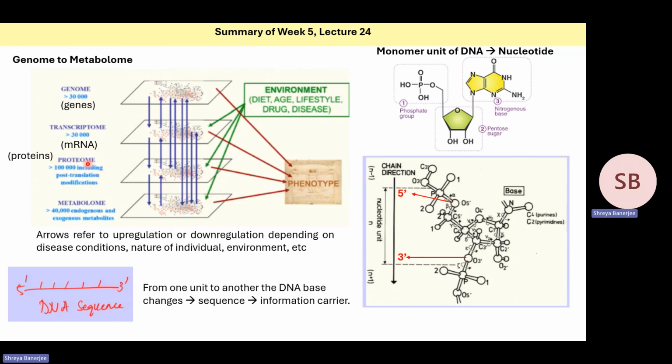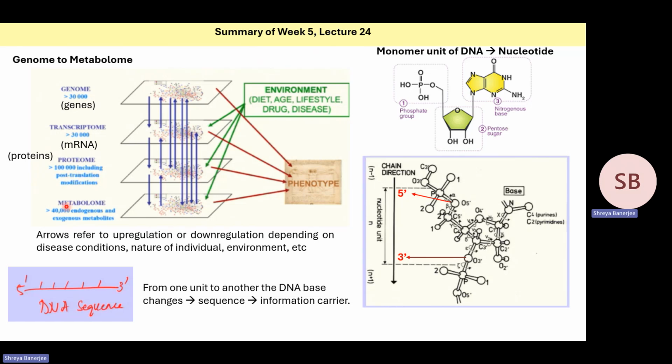The set of proteins, which we will call the proteome, the number of molecules increases a lot. It was greater than 30,000 in the transcriptome, that is greater than 30,000 mRNA. But the moment mRNA gets translated to proteins, it becomes more than 100,000 proteins. Because different mRNA can combine, called mRNA splicing, giving rise to different proteins. Then after it is translated into protein, it can undergo different post-translational modifications. So one mRNA can give rise to more than one protein. So the number of molecules in the proteome increases significantly. And